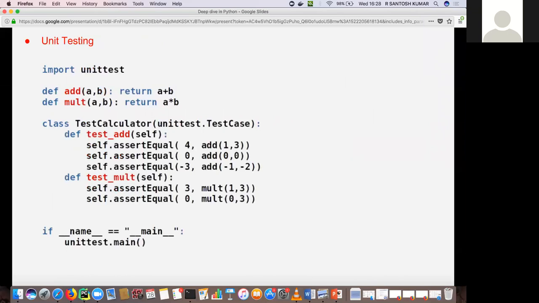So in Python, unit testing is done with the unittest module. We define a class and the functions that we want to test. Basically, when we create a unit test suite,